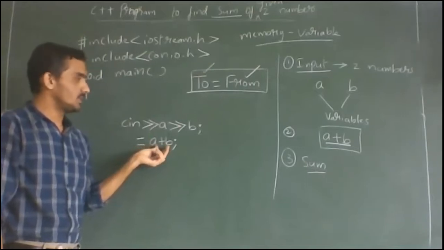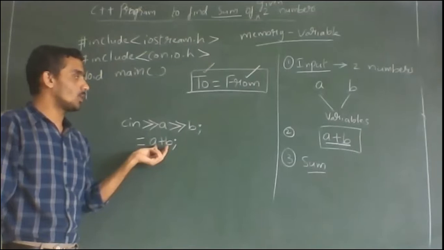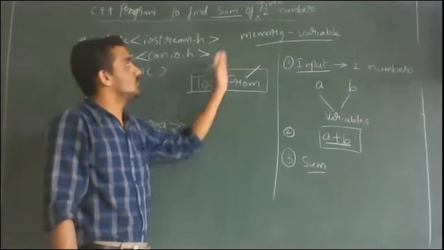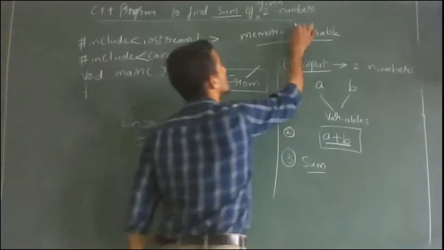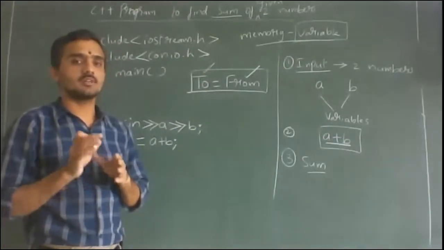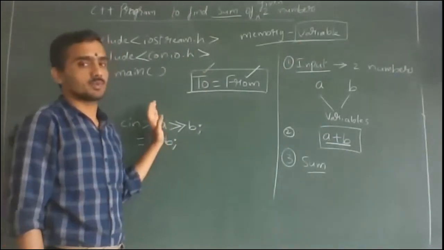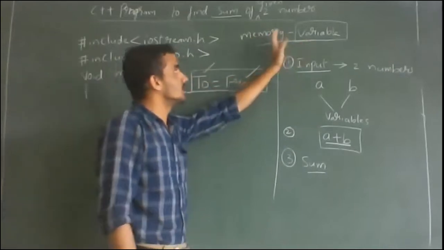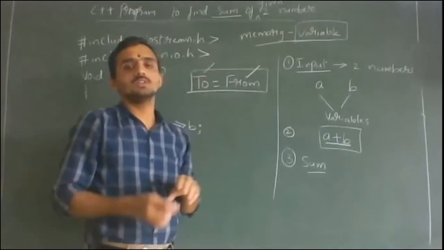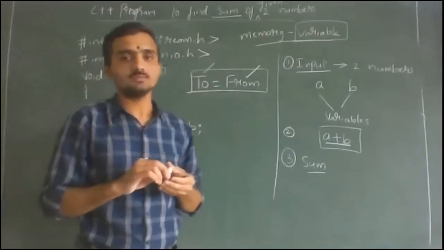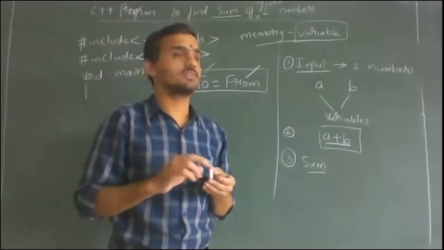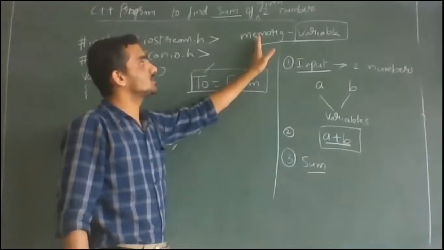A plus B will be calculated here. This value I am copying to one memory. That means I am storing that value in the computer memory. If you are storing in the computer memory, nothing but we are storing in the variable. Remember this concept. Whenever you are storing the calculated value in the computer memory by using a C++ program, that is nothing but you are storing in a variable. Here memory refers to variable, or we can say variable refers to memory, because of the variable definition: a variable is a name given to the computer memory location where the value is stored. By that definition, you can understand memory means variable.